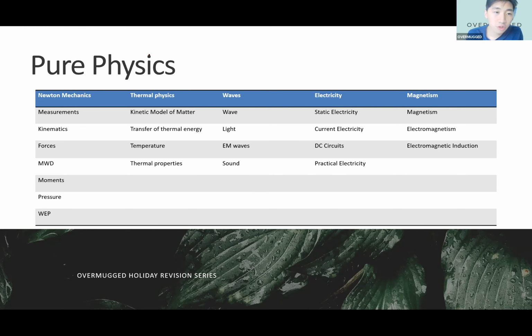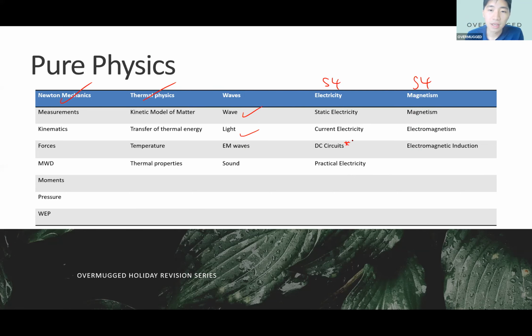Your school should have covered Newton mechanics, thermal physics, and a good portion of waves, at least light waves and light, I feel, if your school is decently fast, right? Sec 4 topics would usually entail electricity as well as your magnetism topics, all right? Now, take note that for electricity, DC circuits is usually a bit more tricky because there are different ways to